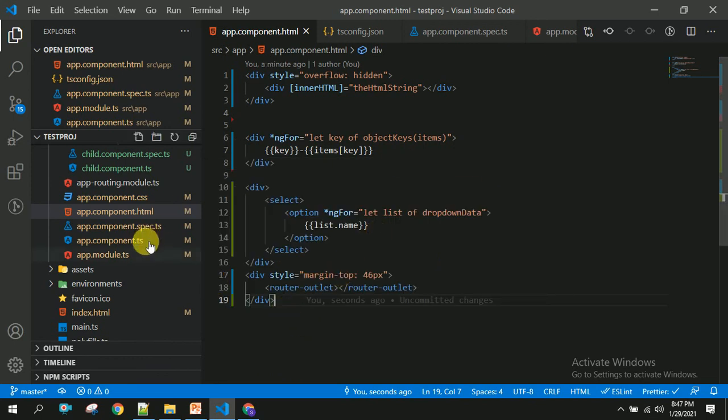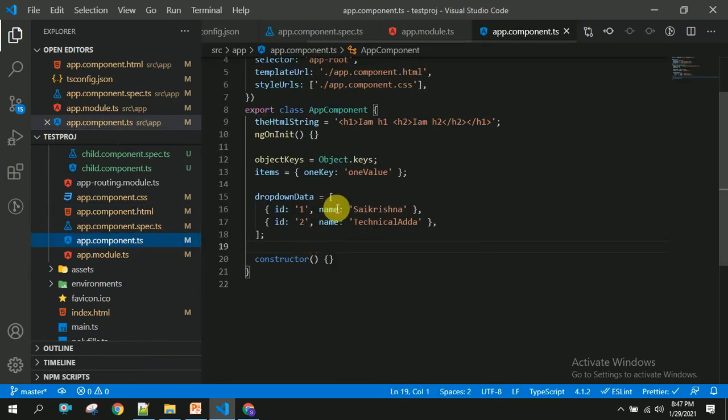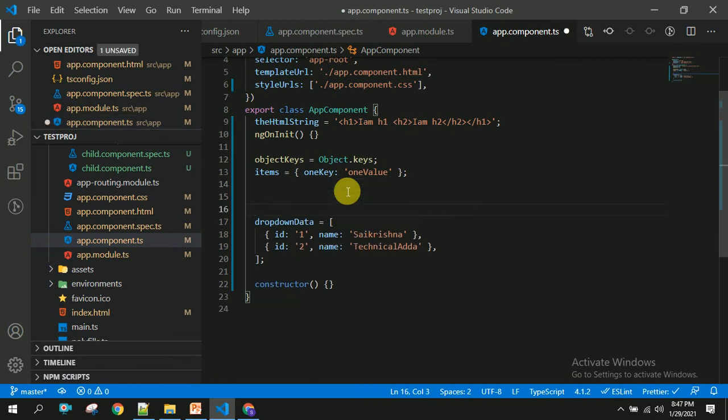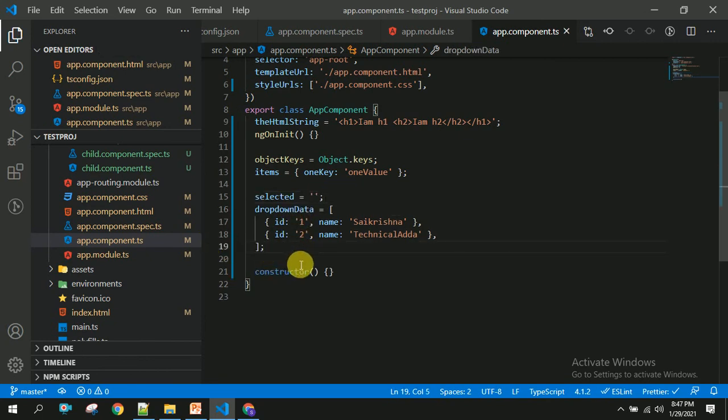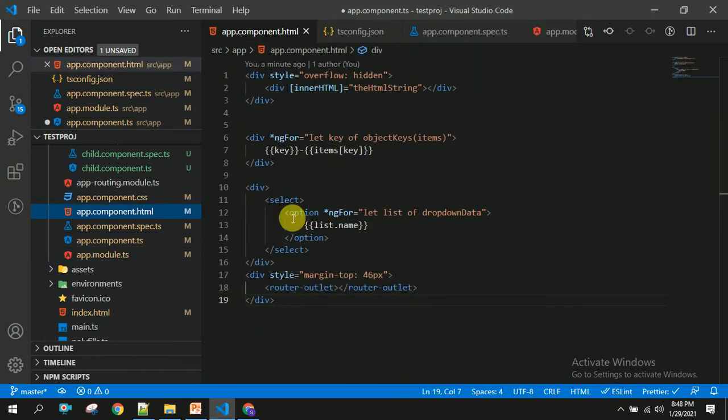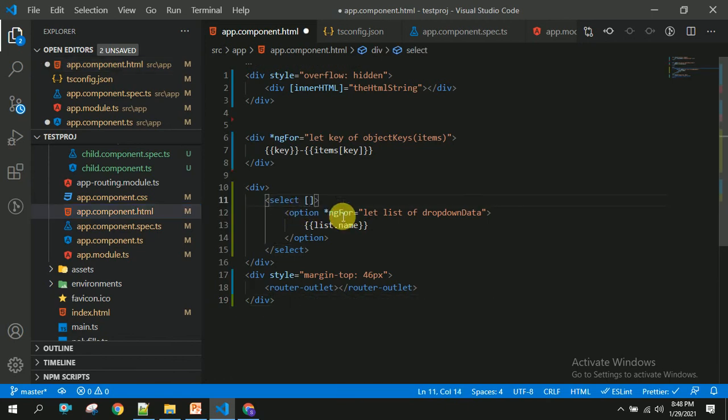So for this, I am going to app.component.ts, and then I'm going to take some variable called selected equal to, initializing with the empty string, and to this select tag I am going to use ngModel. This ngModel is used for two-way binding in Angular.